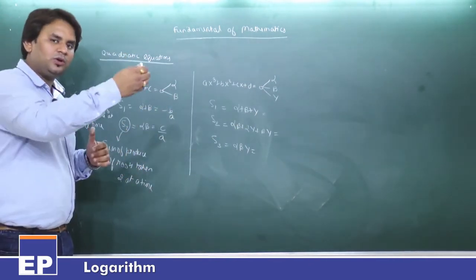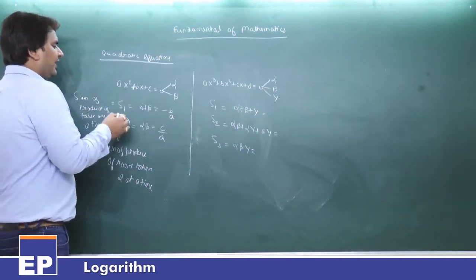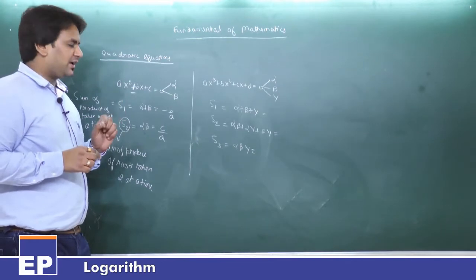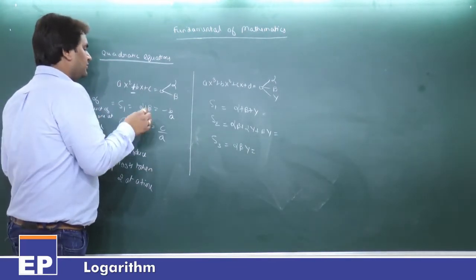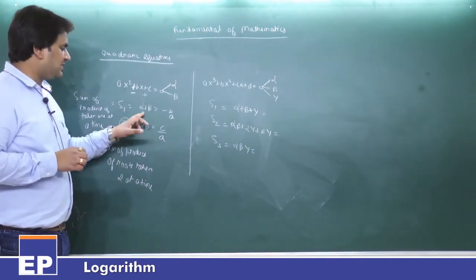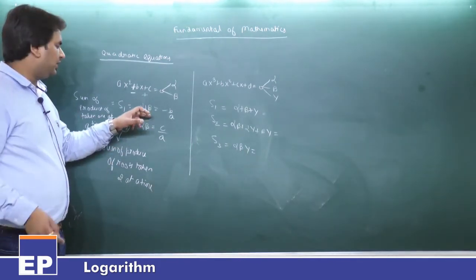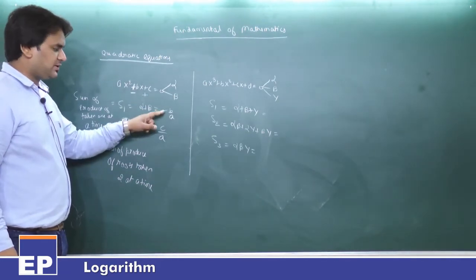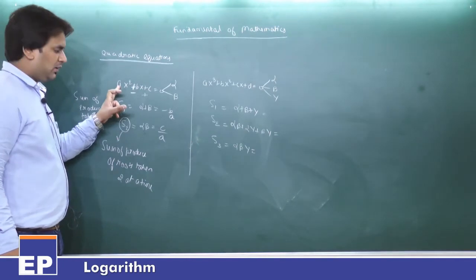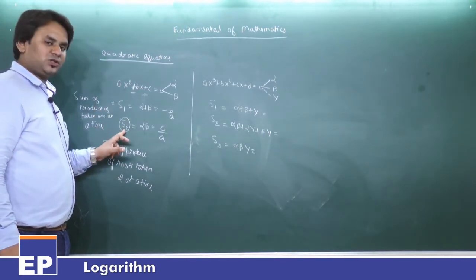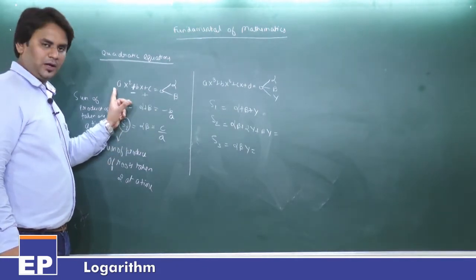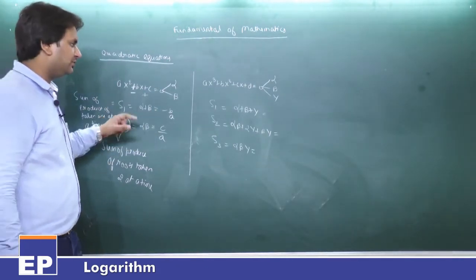Okay, highest to lowest. Then assign a negative sign to the second term. Always assign a minus sign to the second term, then alternate positive, negative. It will become plus. Now you have to find S1, that is alpha plus beta. So how will you find it? Plus minus is minus. What is the coefficient of x? It is minus b by a. Now you have to calculate S2. Plus is plus. It will become c by a.